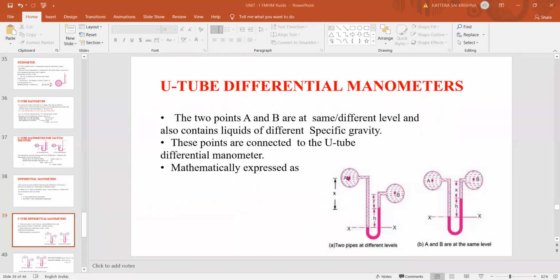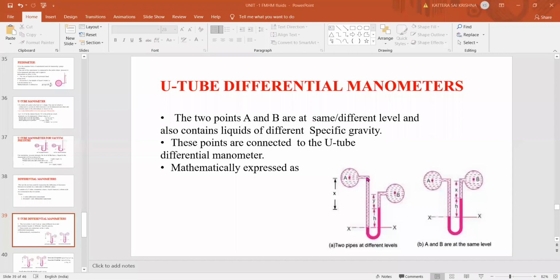Okay, so if you can see here, A and B are the two pipes, whose cross sections we are seeing here. That is not a pipe here; we are seeing the cross section of the pipe. So A is one pipe and B is the other pipe, and this U-shaped tube is connected to the two pipes, A and B. So what happens? We have the manometric fluid here, right? This will give some head, that height is Y, and this water or some other fluid will give some height here.